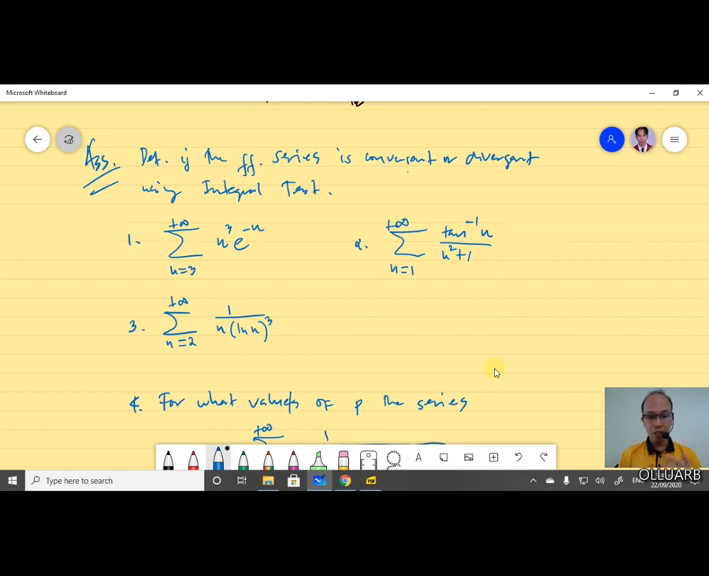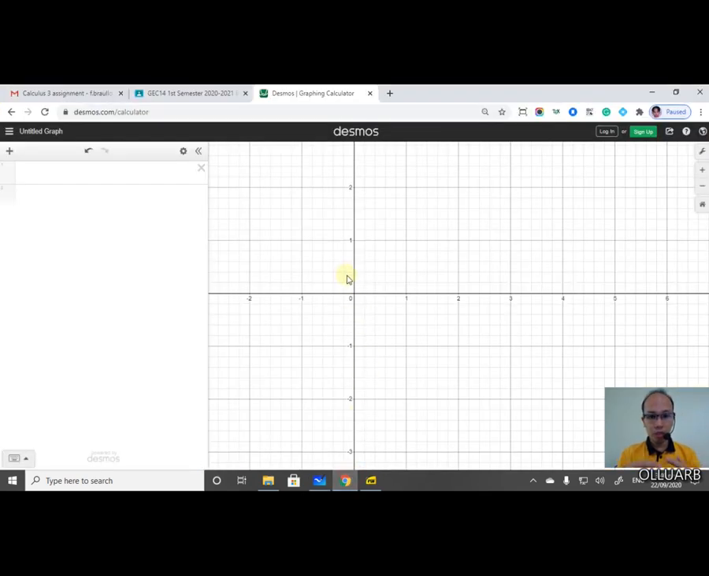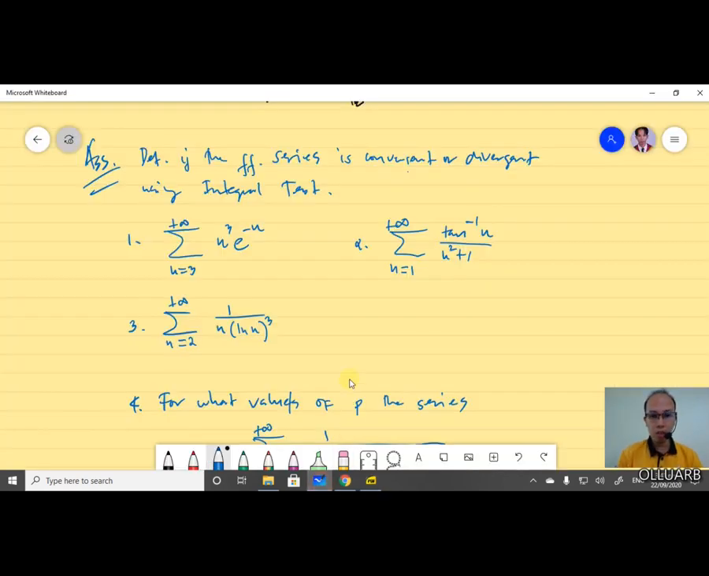What I did is I graphed the function into an online graphing calculator like Desmos, as you have noticed here. I graphed the function and I observe if the function is decreasing, continuous, or positive valued by just looking at the graph. So since you are in your home, this is not a face-to-face